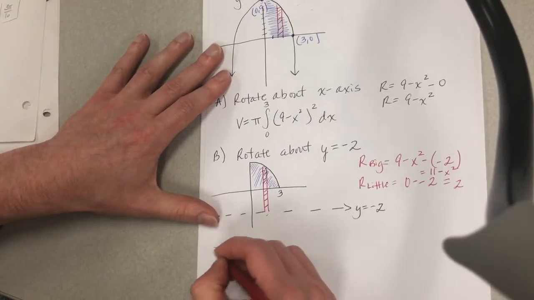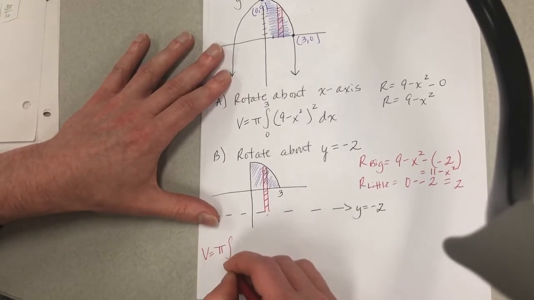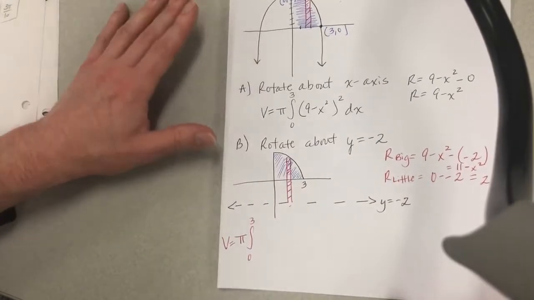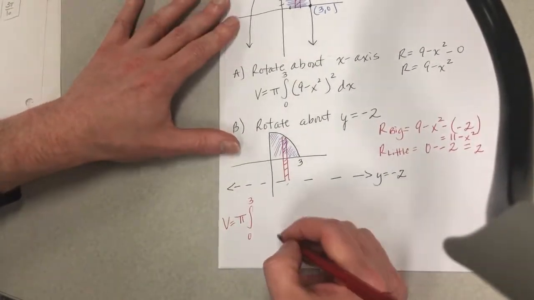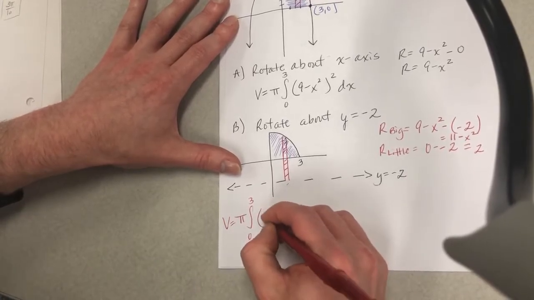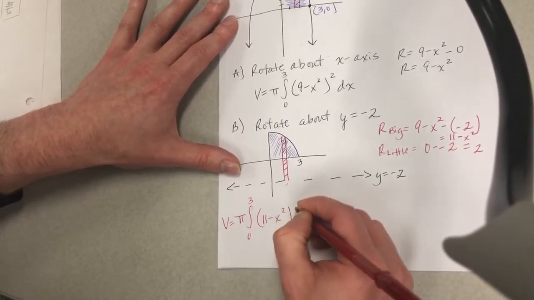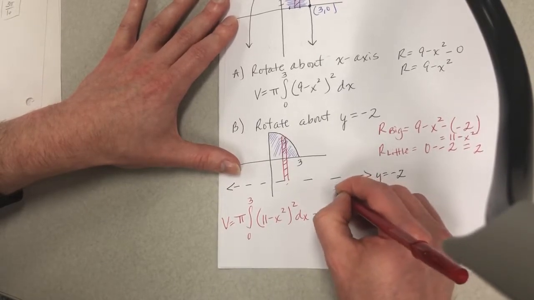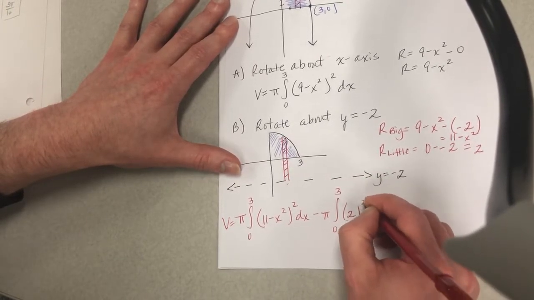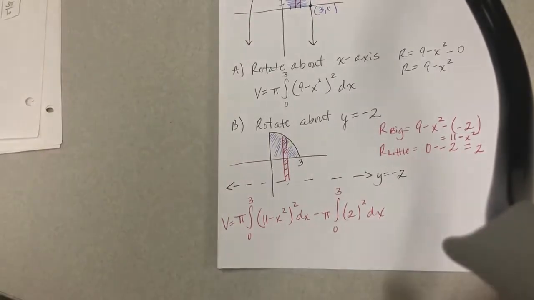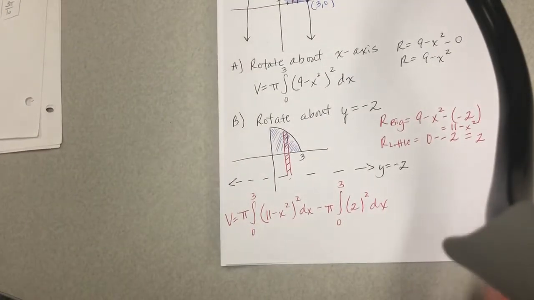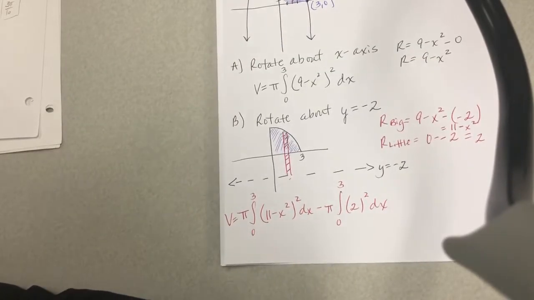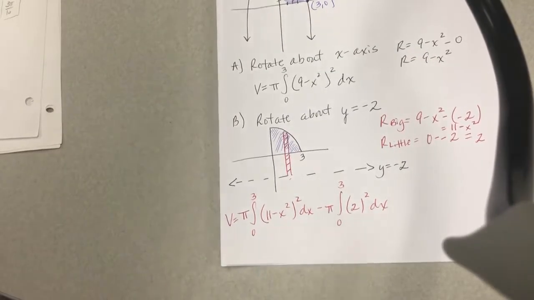Now, we're going to plug into our formula for volume. It's going to go from 0 to 3 of R big squared minus R little squared. And that's our answer right there. Now, let's take the same region and let's go about